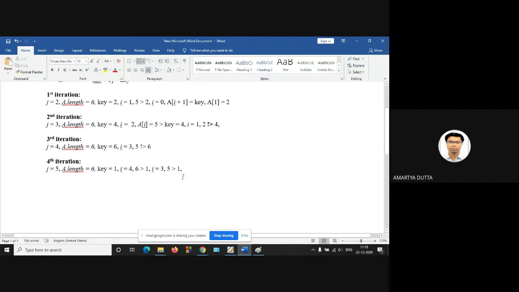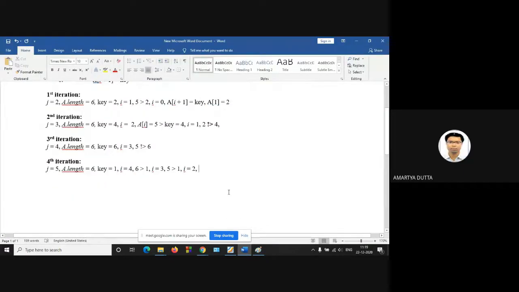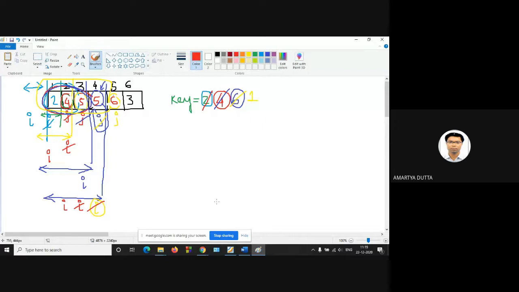Now what is the I? Now your I value is 2. And what is A of I? Your A of I value is 4. 4 is again greater than your key value. So again you have to decrement I by 1.